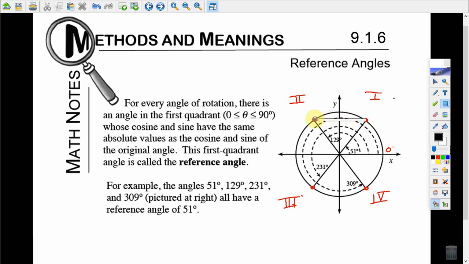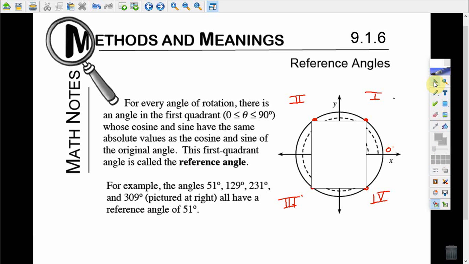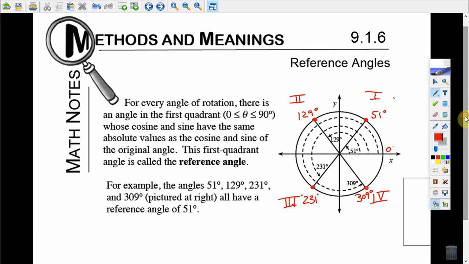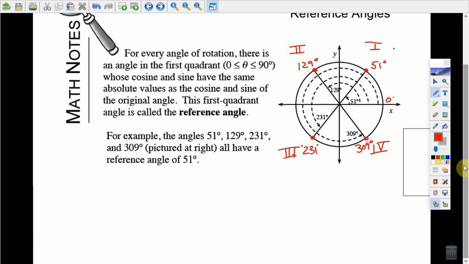If you make a box that touches all four, or all vertices of the box touch the circle, it'll hit those 4 points. There's all kinds of cool symmetry in the unit circle. These are 51 degrees, 129 degrees, 231 degrees, 309 degrees. So for your takeaway today, I'd like you to go ahead and find the reference angles